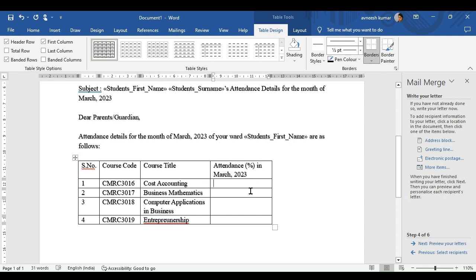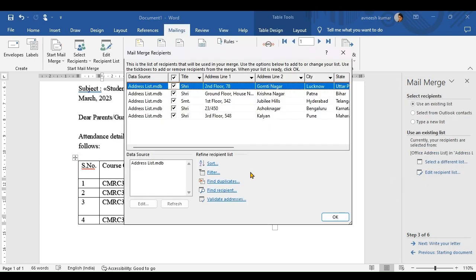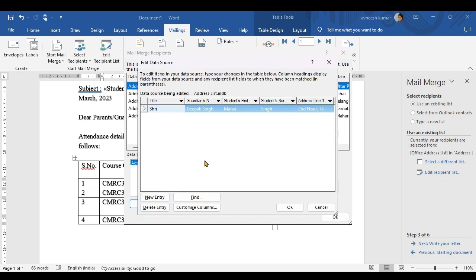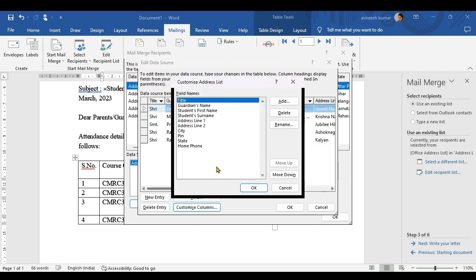Okay, so we forgot to enter the details of attendance percent in these various courses. So right now, for that we need to click on this edit recipient list, select address list .mdb here, then click edit, and we need to customize the columns again. So that is, as you have, so it's just asking us to save. Click on yes. Now we add 4 more fields here just after a student's